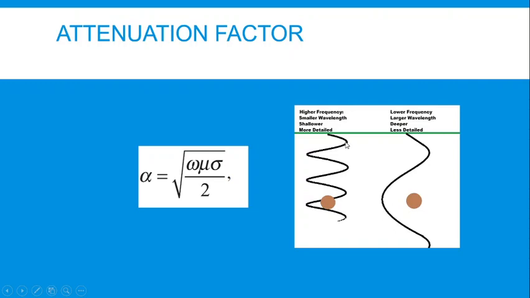Wavelength is basically defined from the starting point, and once the wave completes its circle, from here to here, we can consider it as the wavelength. If we divide the wavelength into basically four parts, one is here and then another is there. So from here to here, this much section,